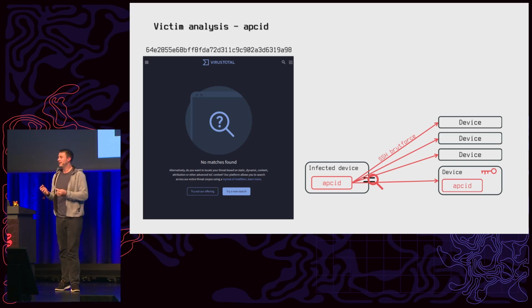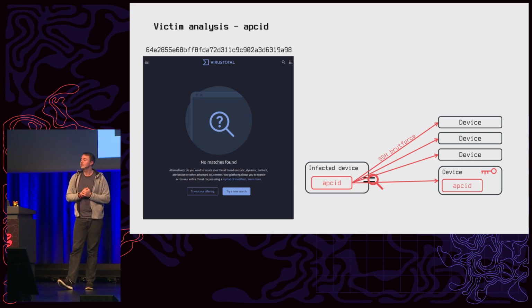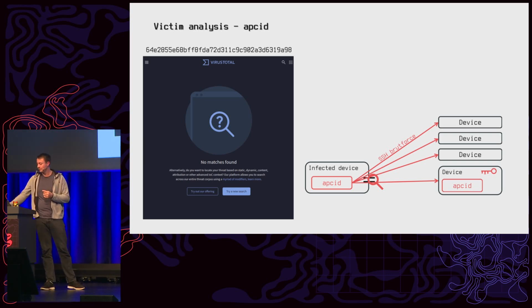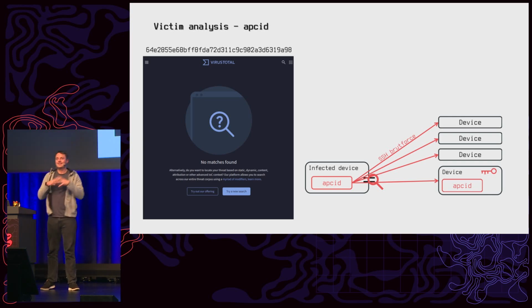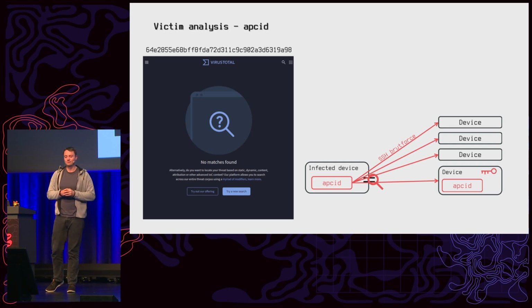Now, this is pretty cool, and this is exactly the reason why I blurred the beginning of the password, because this adversary decided that on all of the nodes that it was using, it's not only setting that public key, but it's also setting the password to a new password. Now, that by itself is nice and great, but sometimes we have to jump into the position of the attacker. How does the attacker know which